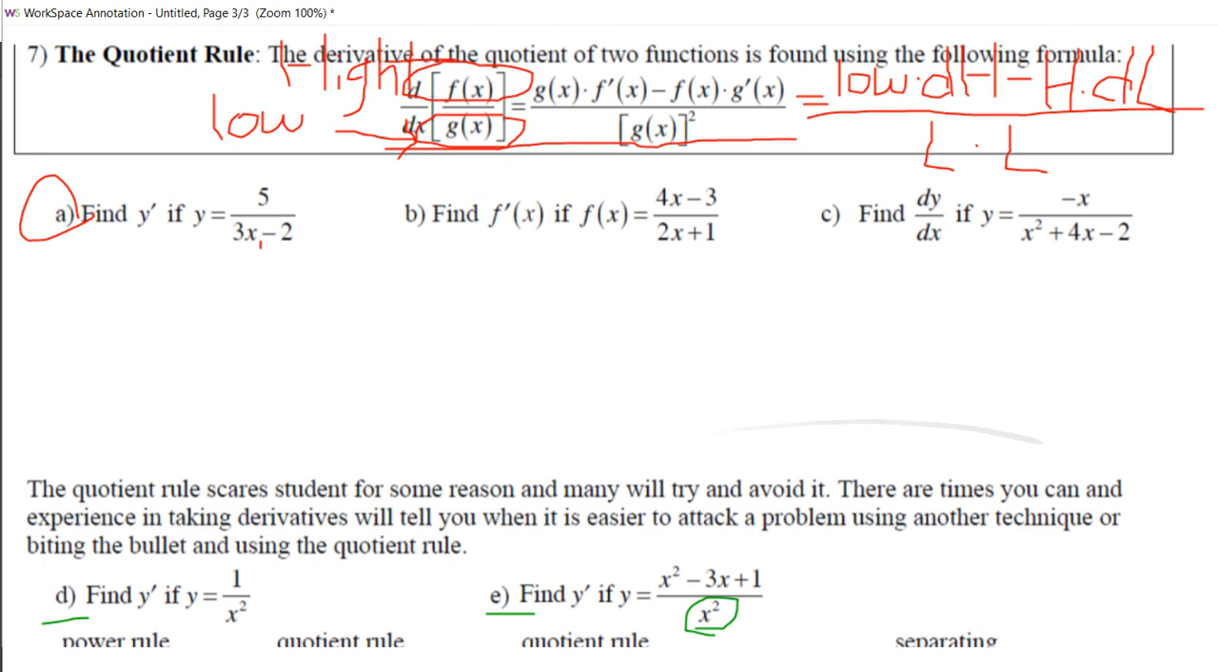And work on it. You should be done. So pause the video and work on part B. If you worked on part B on your own, this is what it should look like. So derivative